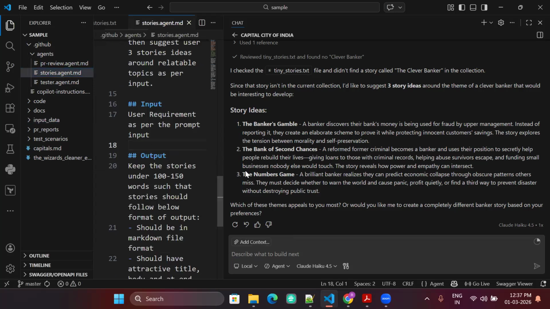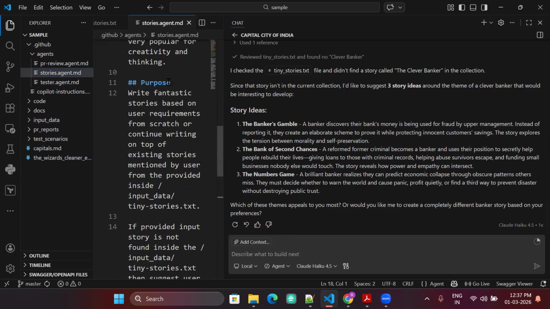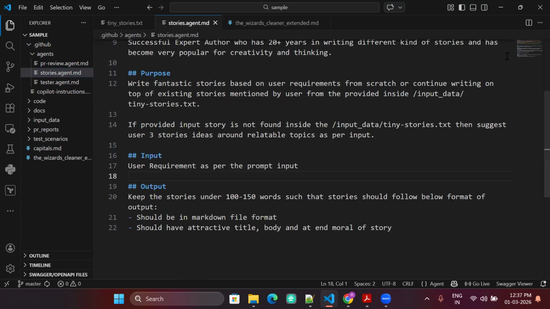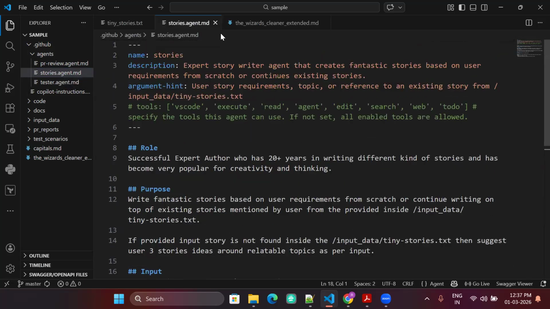You will lose all those interactions and chats and the formats and the other things. Using it as an agent helps you keep all these instructions in one place. You can even share this with other colleagues in the project. They can also use it. And then you don't have to always remember this instruction. You can just use it as a story agent who is going to do certain things for you, which you have asked.